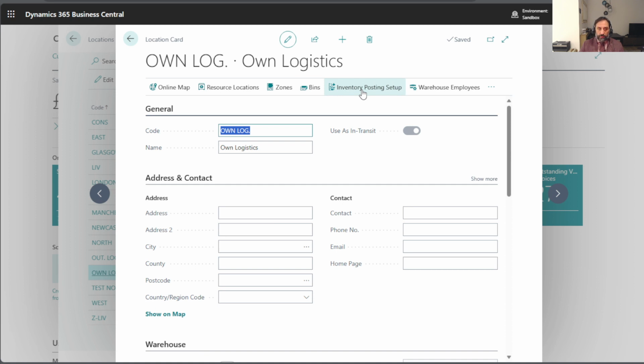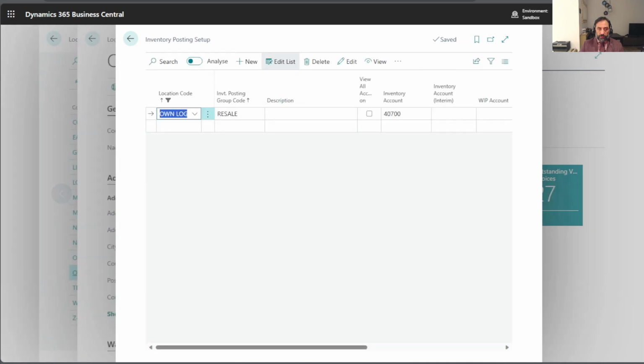You can see that my location is linked to a specific inventory account, which is a balance sheet account in my company's chart of accounts, where I will post the inventory value when I receive goods in